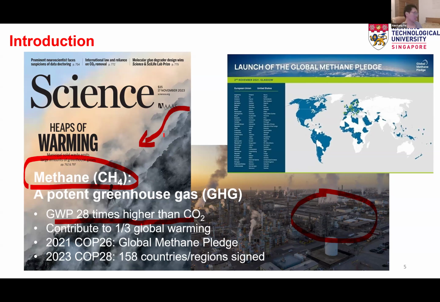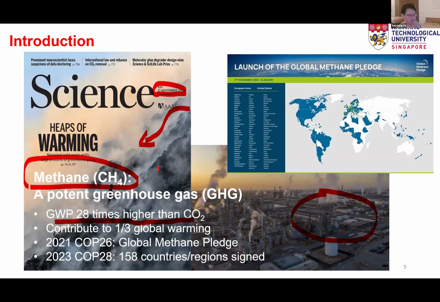By the way, this front page is actually a Science paper published just last year talking about solid waste and greenhouse gas emission. I just want to show you that many people are paying more and more attention to methane from solid waste. We could not have imagined 10 years ago that someone could publish in Science or Nature about solid waste management, right? But now you can see quite a few papers appearing in these top-notch journals talking about solid waste management, their mitigation and management roadmaps, and so on. So indeed,